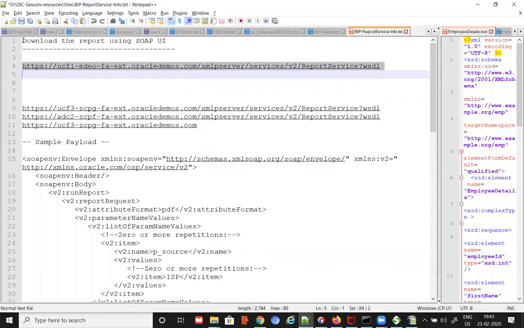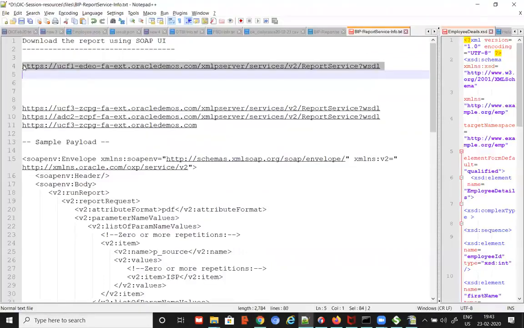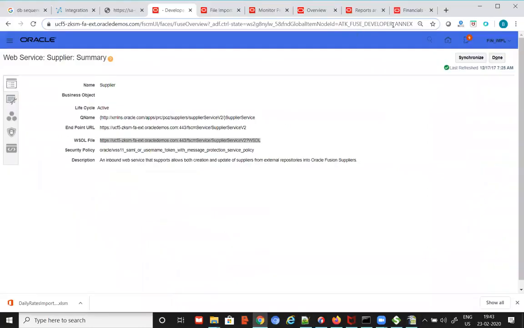Now what you do is take your Fusion application URL. This is my URL, right? The base URL. And replace this part up to here. Then this becomes a URL available in your instance. You can also go and check whether you're able to access that